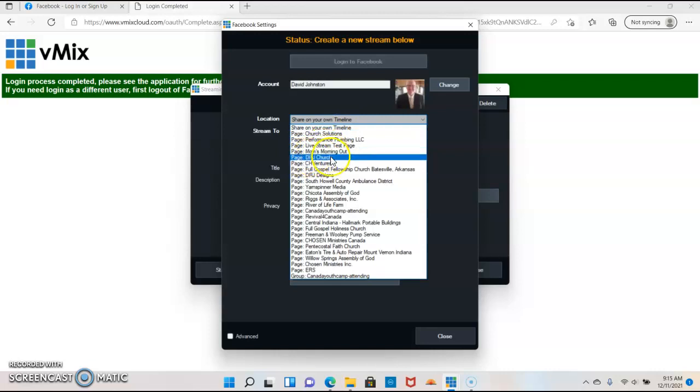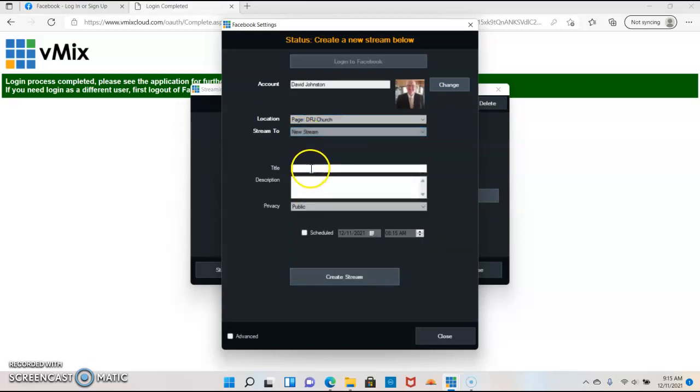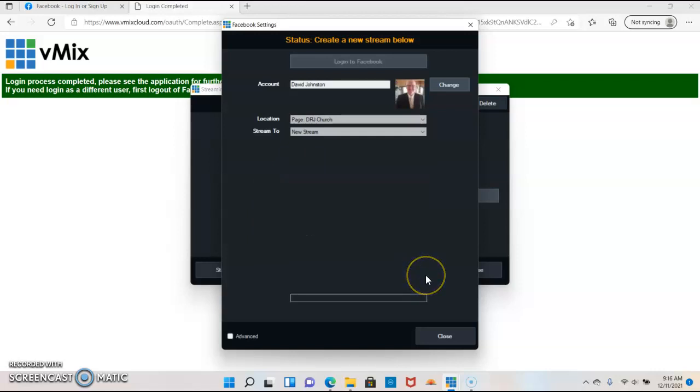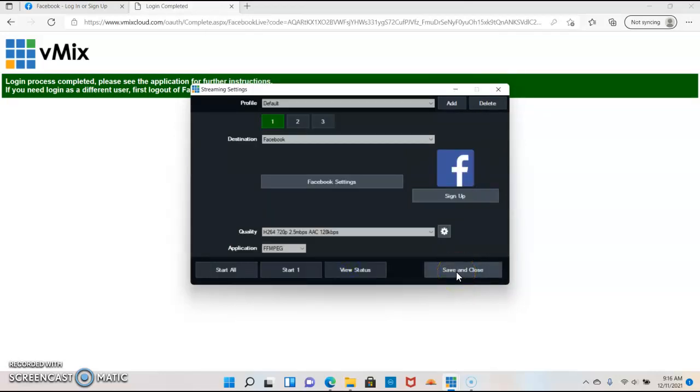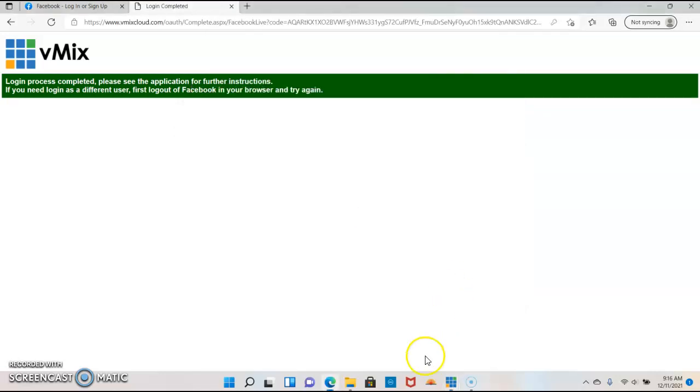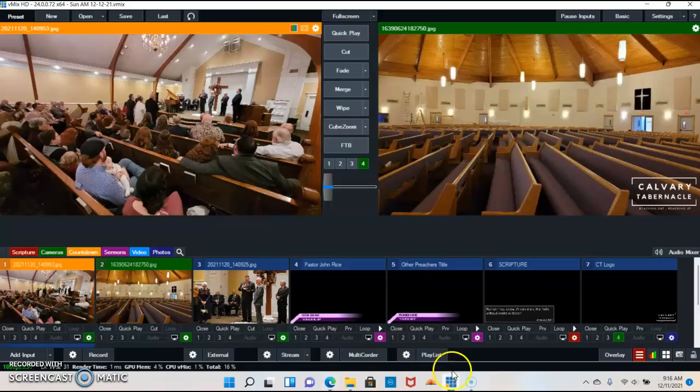In this case, I'm going to choose DRJ Church, new stream. I'm going to put a title, and we'll just call that Calvary Tabernacle, and then description, live stream service, and then click create stream. All right, and then click close and save and close, and then go back to vMix, and when you click